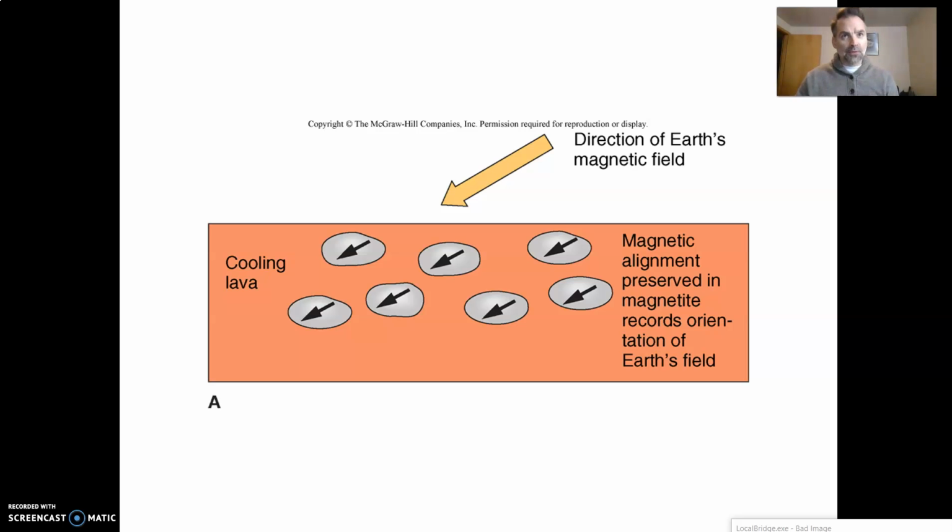We started to talk about the Earth's interior. We got into a little bit about geophysics and looking at how different P and S waves travel through the Earth's interior. We found out that P waves can travel through both liquids and solids. We also found out that shear waves, or secondary waves, cannot travel through liquids. And basically, these waves have allowed us to interpret that the outer core is a liquid and that the inner